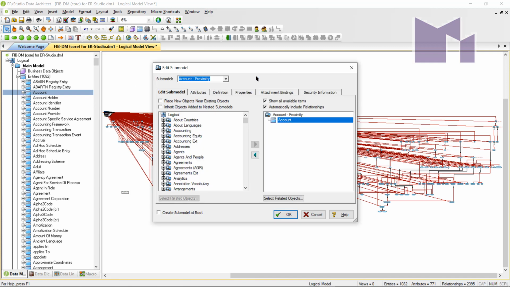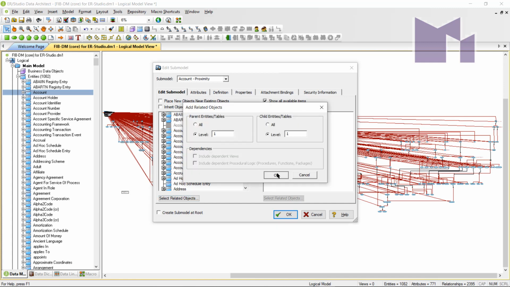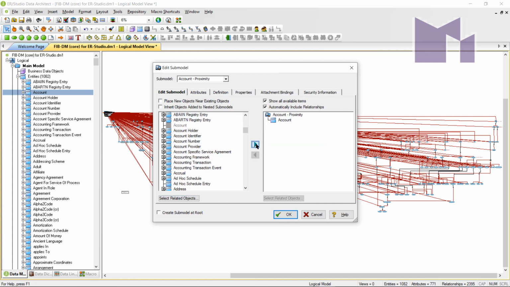Now I'm going to edit the submodel, so I'm going to choose extra content to go in there. I need to find the account entity again. Here it is. And then over here on the left I say select related objects, then click on the button, and there they are. If I click on OK now,